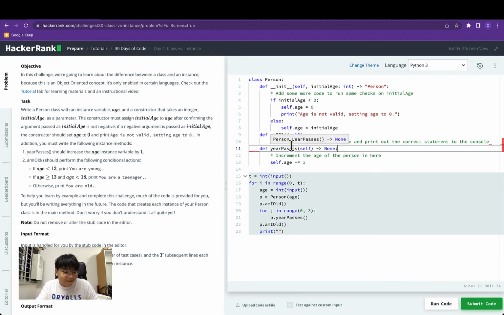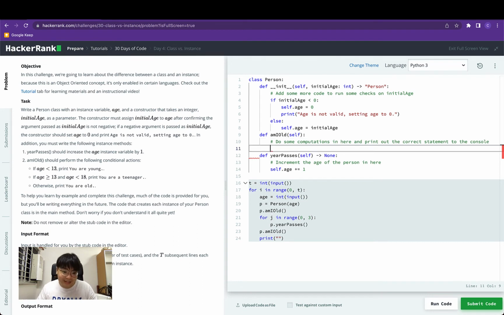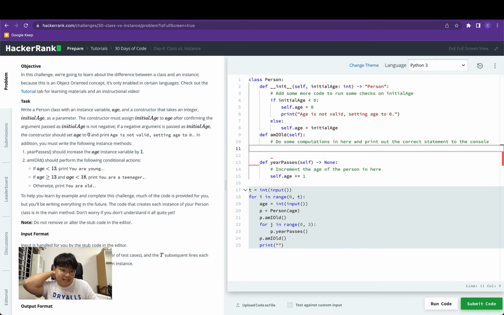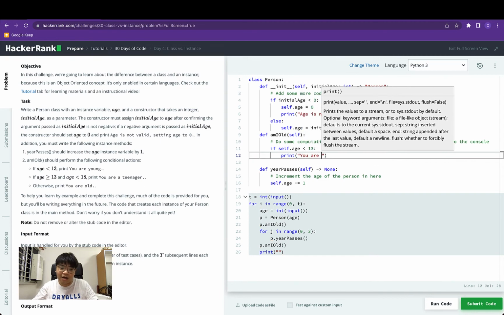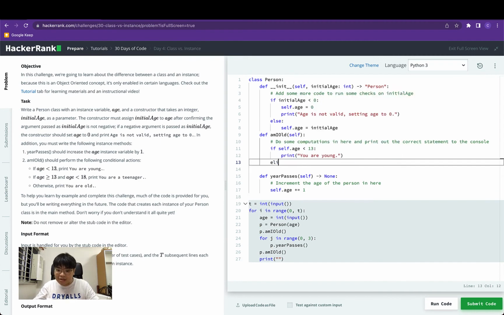The next and final instance method we're implementing is mio. In this case, we're going to practice what we learned in the previous challenge, conditional statements. So what we have to do in this challenge is check whether the age instance variable is less than 13. And if this instance variable is less than 13, we will print "you are young". Now the next check is whether this age is more than or equal to 13 or less than